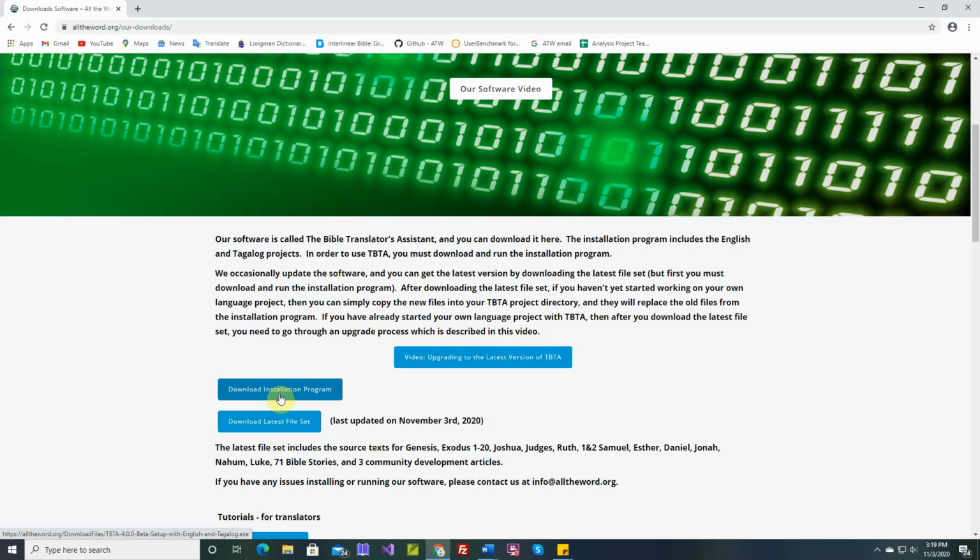You have one or more language projects that you've been working on, and now you want to update to the latest file set. So we're going to click this button, and the latest file set downloads. And we get a warning message. We're going to say keep it. So now we have the file,